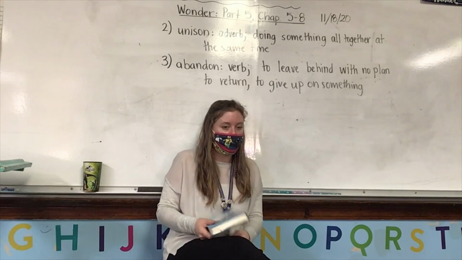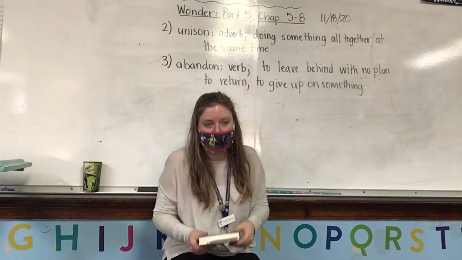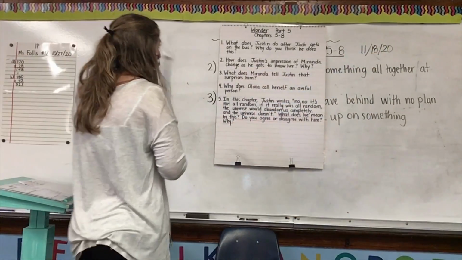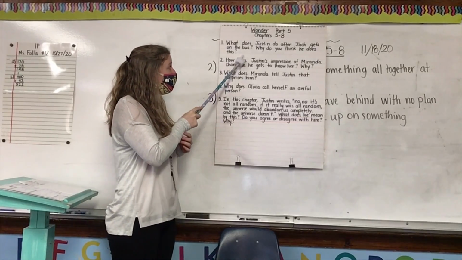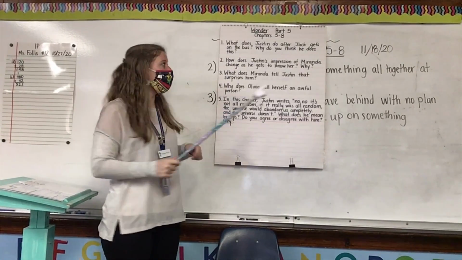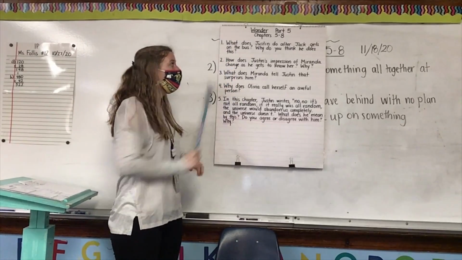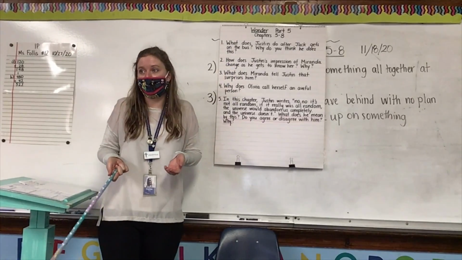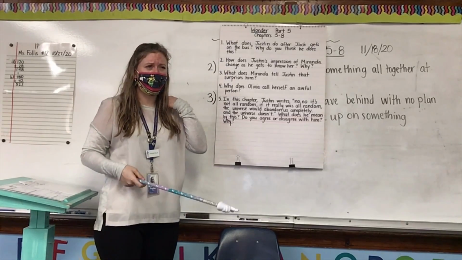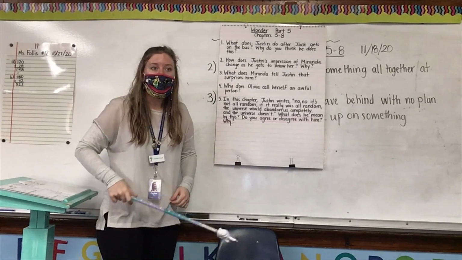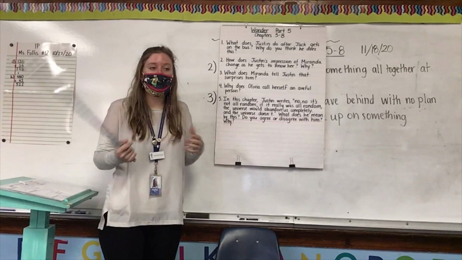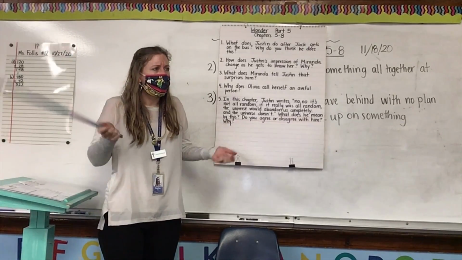Okay, girls at home, get out your journals. Those of you at school, I will tell. What does Justin do after Jack gets on the bus? Why do you think he does this? So that means you answer the question, what did Justin do after Jack got on the bus? Why do you think he does this? He doesn't really explain why he did it. He just did it. Well, why do you think he did it? Make an inference. Based on Justin's personality and what's been going on, why do you think this happened?